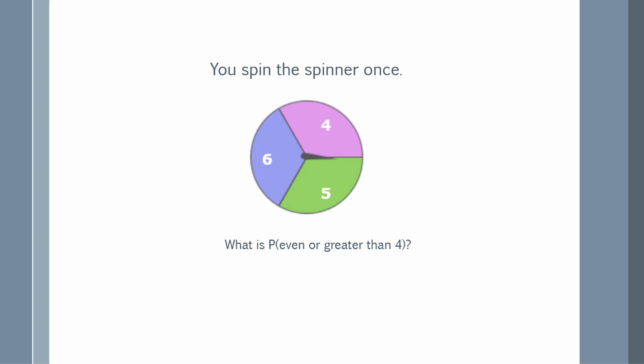If it's even, you've got 6 and 4, so that's 2/3, right? Plus greater than 4: 5 and 6, that's 2/3. Again, it cannot be greater than 4 and even at the same time. It cannot be both, so it's or. So when you add those together,